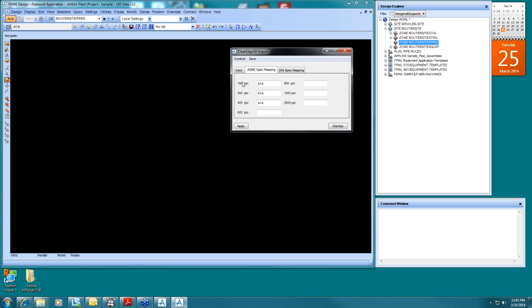There is an ASME spec mapping facility and one for DIN specs. Within the data file that comes over from ClearEdge 3D, they can identify pressure classes. And so you need to map a PDMS spec to a pressure class. And in this case, I'm just using 150-pound spec that's an out-of-the-box specification for the 3 pressure classes I have